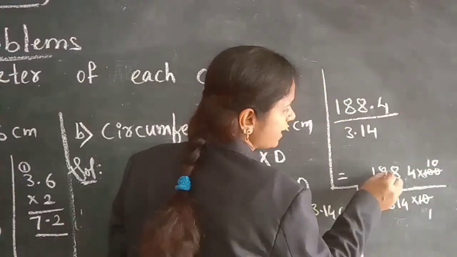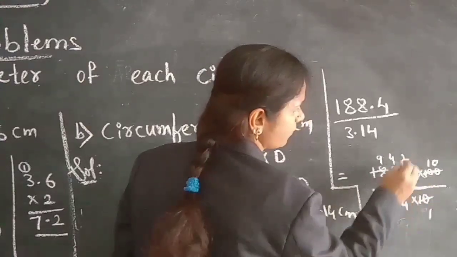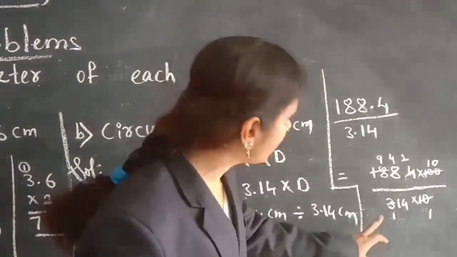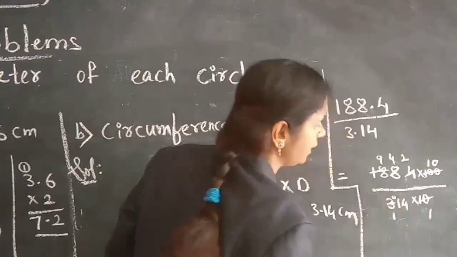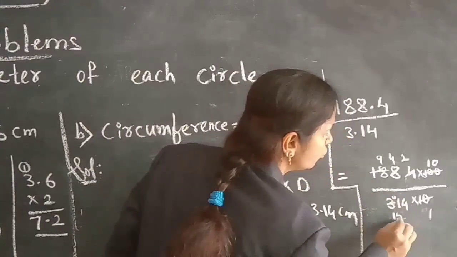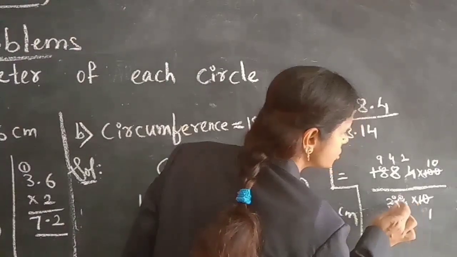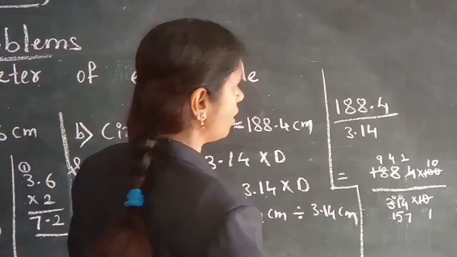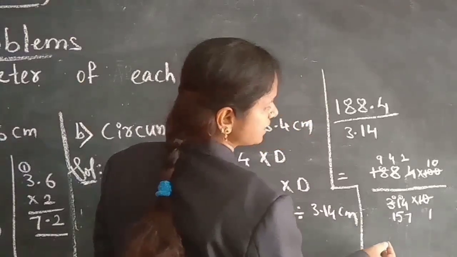Now 10 ones are 10, 10 tens are. Now in the 2 table I can cancel. 2 nines are. 2 fours are. 2 twos are. Now 2 ones are. So here 1 will be left, children. So I am writing the left number by circling. So this left number and this number, 11 it will be. So 2 fives are 10. Again one more number will be left here. So here 14. 2 sevens are 14.